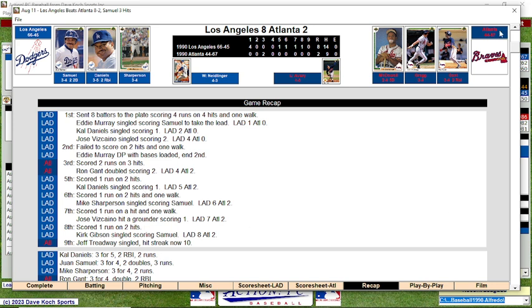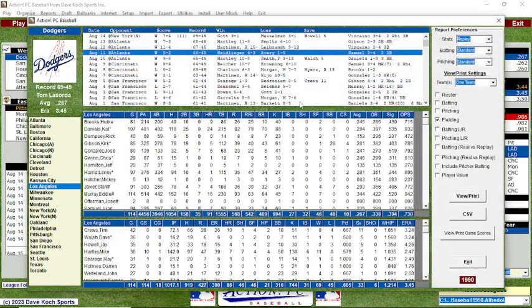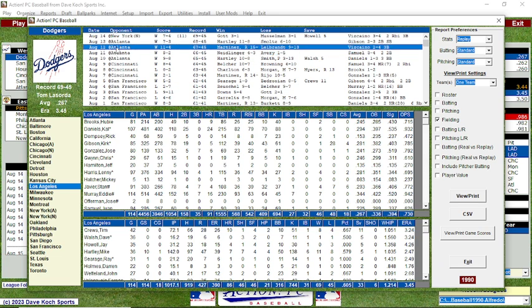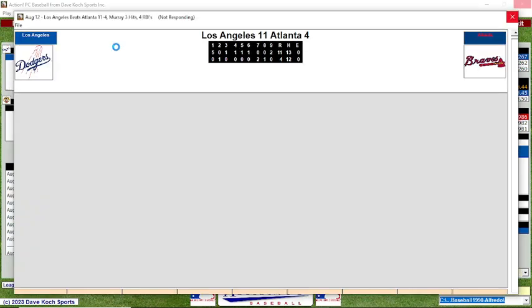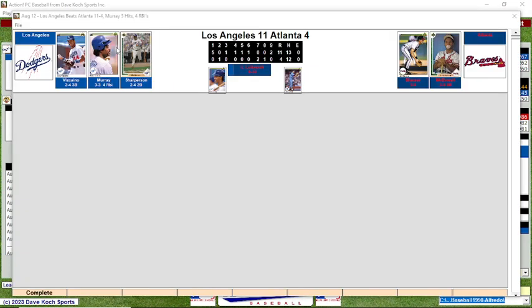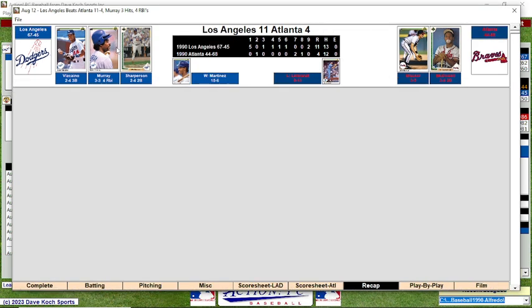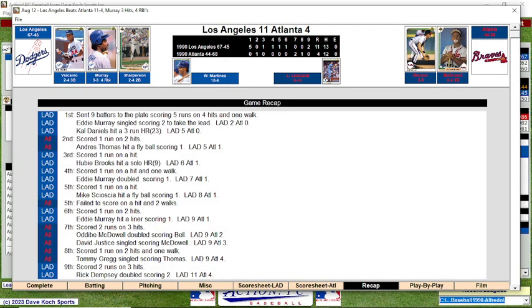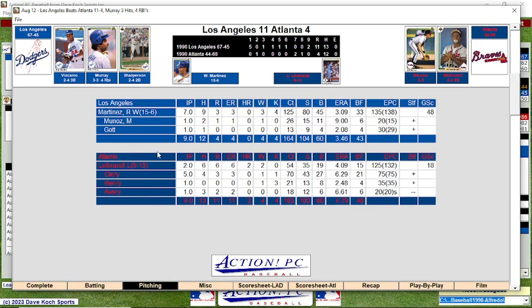Okay, so that game was pretty simple. And we'd won 2, and I was hoping to win 3 out of 4 in Atlanta. And had Ramon coming up in the third game against Liebrandt. Looked like a good pitcher's duel. Didn't end up that way. The Dodgers took Liebrandt to the proverbial woodshed and knocked him around a lot in the first. Daniels with the 3-run home run. By the third, I believe, Liebrandt was gone. Yeah, 2 innings pitched. Clary came in and didn't do a whole lot better, a decent job.